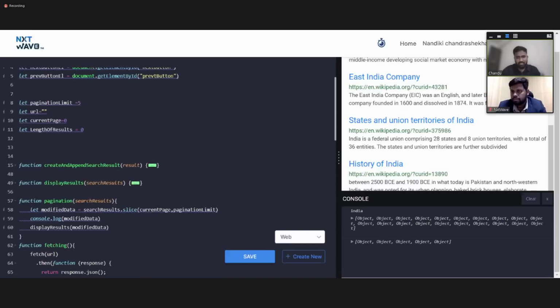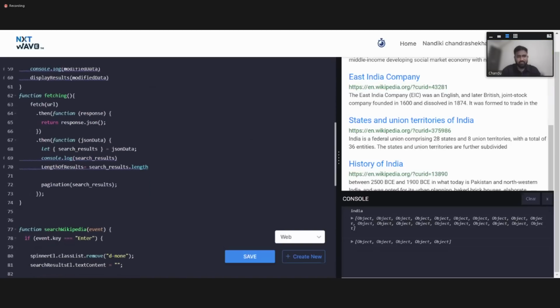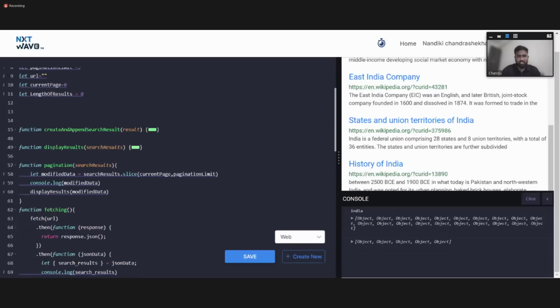After clicking next, it should become 5, then 10. After clicking next, it should become 15, then 20. At that time only it should stop. Okay, so this thing, because if I change here, then the whole display, what the